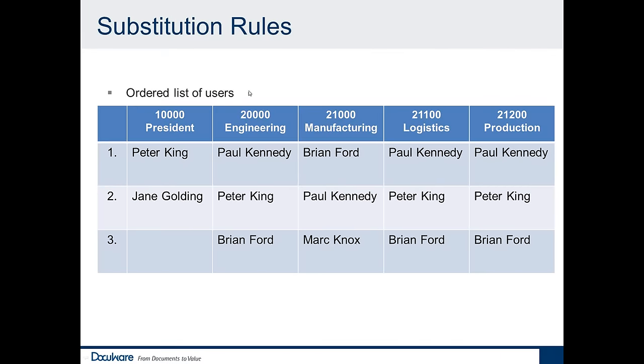Substitution rules for a workflow are required so that as a workflow moves to each user, that user may or may not be available in order to service the requirement. So what we have is an ordered list of users. So you create your substitution lists, and